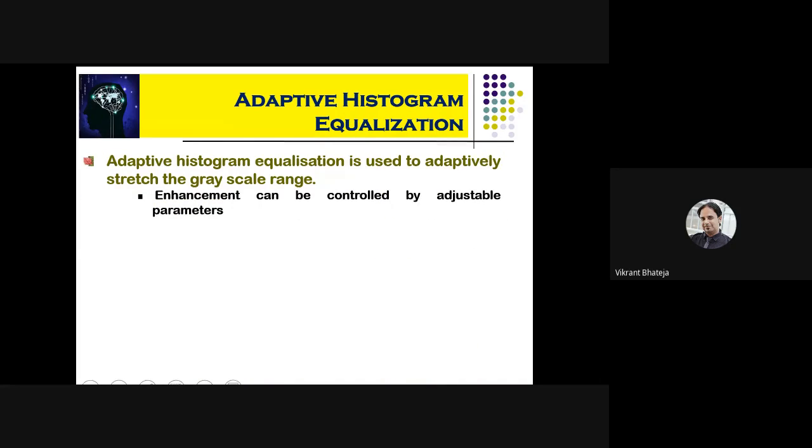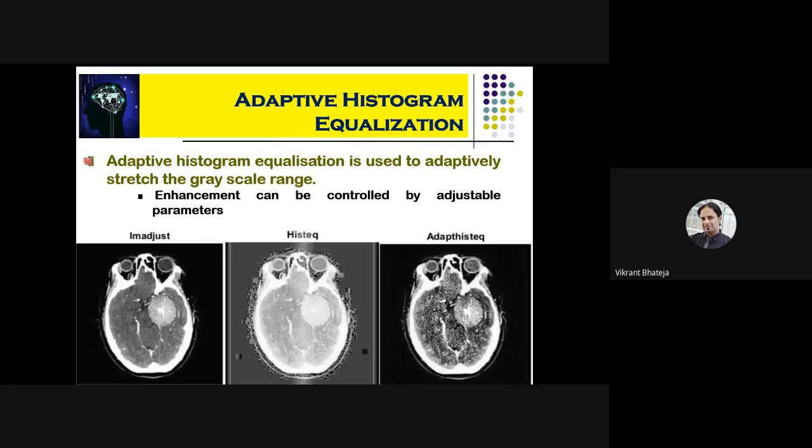Now a well-known remedy to histogram equalization is, we all know, adaptive histogram equalization. With adaptive histogram equalization, you are trying to make the parameters of histogram equalization a little bit controlled so that the output is in a desired manner. But again, you see